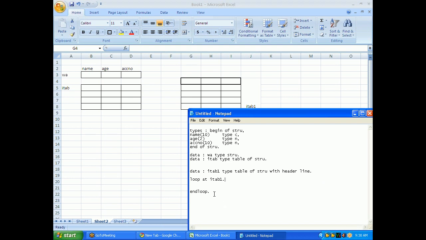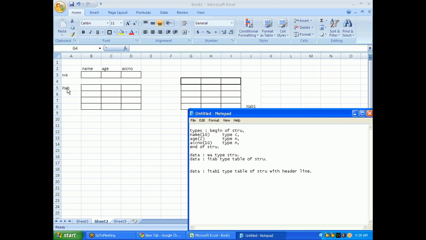As of now, SAP is recommending to have an internal table without header line. The second kind, an internal table with header line, SAP is not recommending. SAP will always recommend this kind of thing: work area name separate, itab name separate. Because day by day SAP is going towards the Unicode concept.